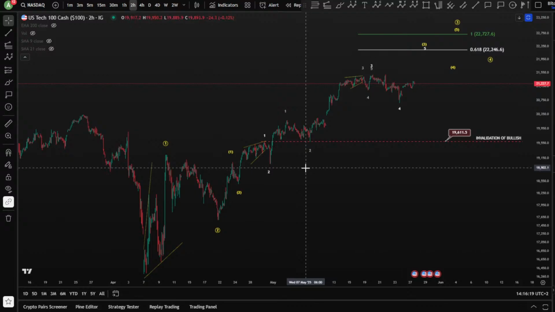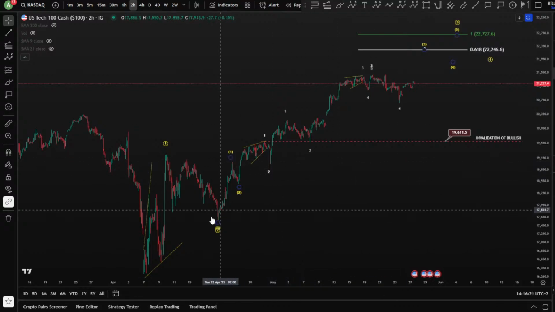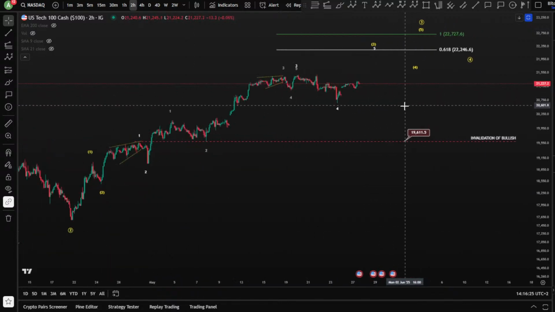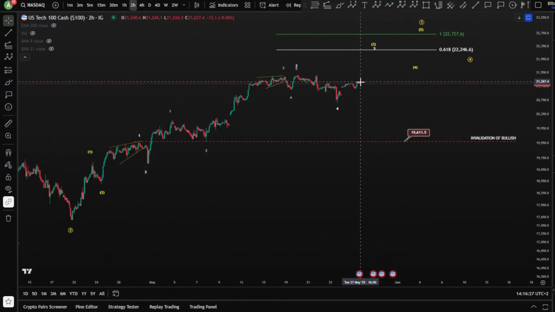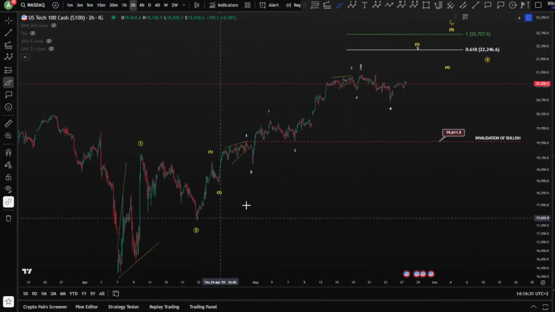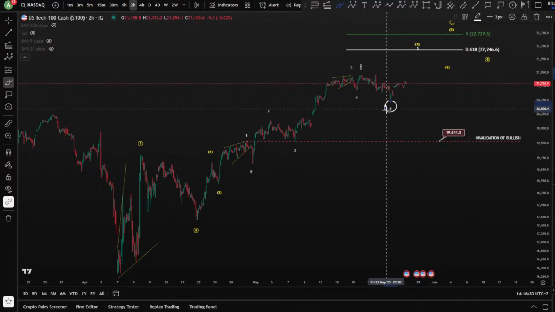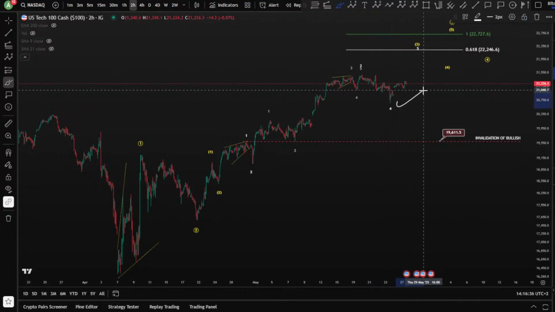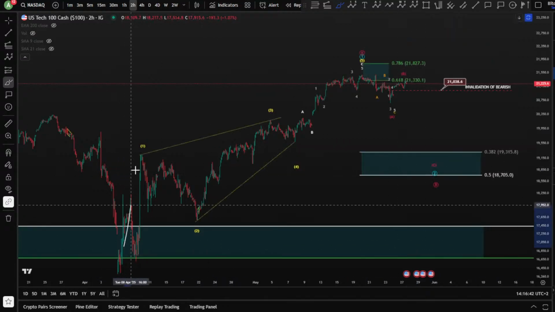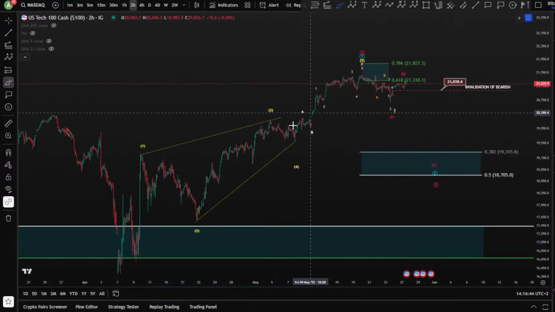So, let's start with Nasdaq. We have, of course, today an impulse finished already towards the upside. 1, 2, 3, 4, and a 5, meaning this scenario, which is bullish in a wave 4, is getting higher potential, guys, rather than being in the leading diagonal, right? Finishing a leading diagonal 1, 2, 3, 4, 5.